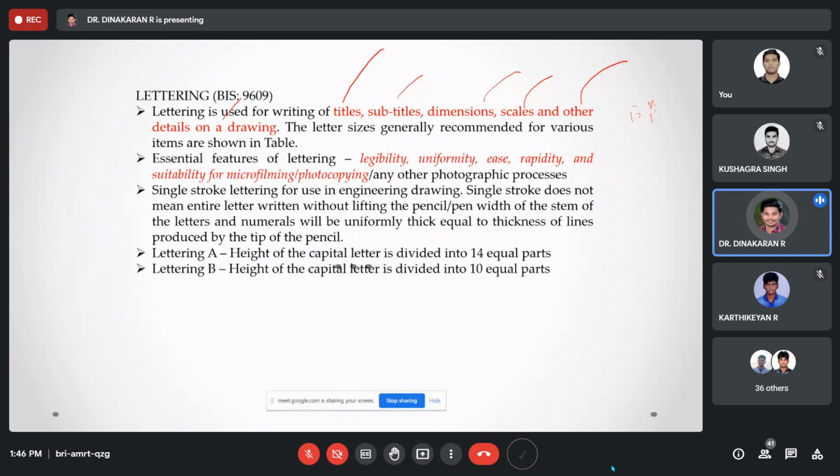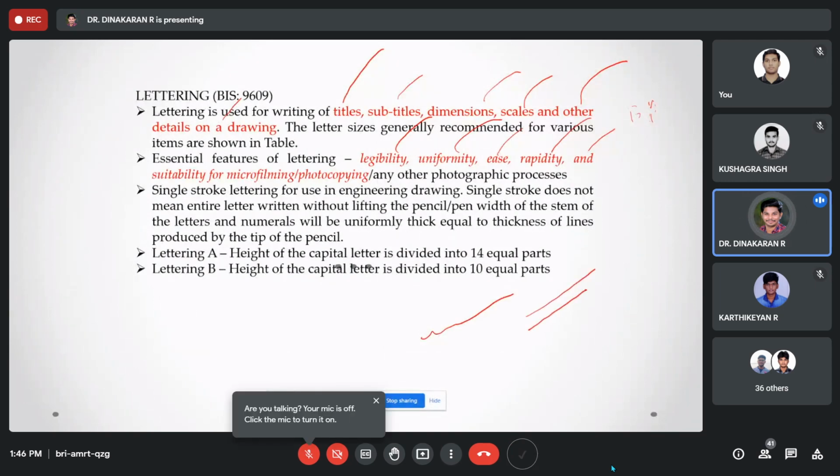The essential features of lettering should be legibility, uniformity, ease and rapidity, and suitability for microfilming and photocopying. We cannot write like a doctor, but we need to explain in detail. All the letters in engineering graphics should be uppercase only. It's a capital letter only.